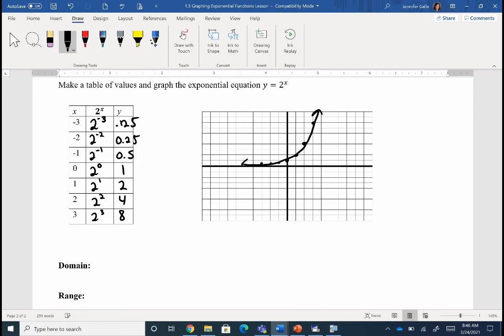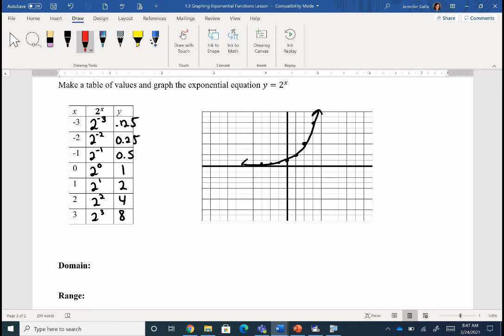As you guys looked at that table, the list of values, it keeps going and going and going. So on this graph, though, you can scroll all you want on that table. We're not going to get a y value of 0. We're not. We're going to keep getting closer to it. Those y values will keep getting smaller the more negative you go. We're going to get really close to 0, but we're not going to reach it. And no matter how hard we try,